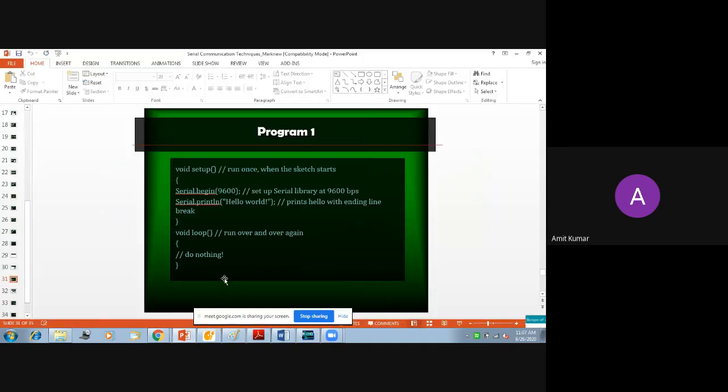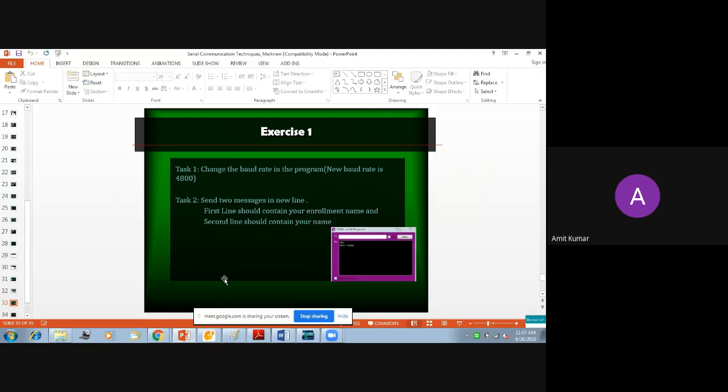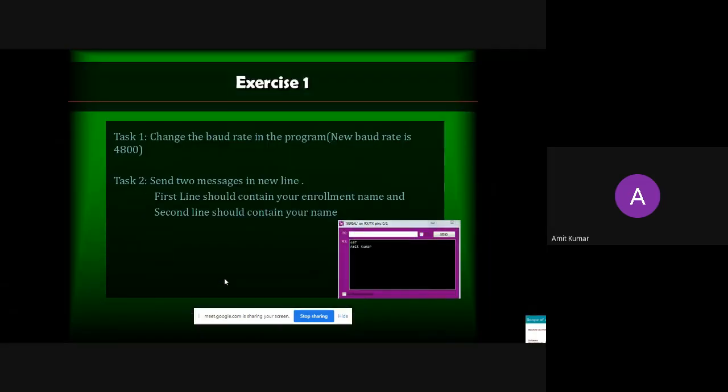The second task: send two messages on new lines. In the first line, you should write your enrollment number, and in the second line, you should write your name. So what will you do?